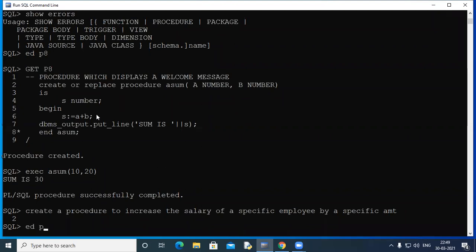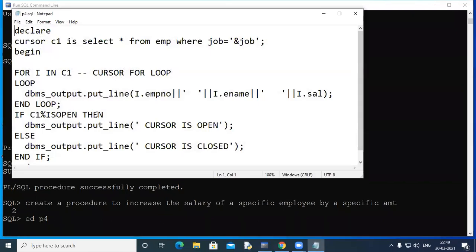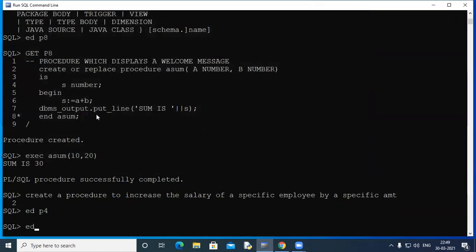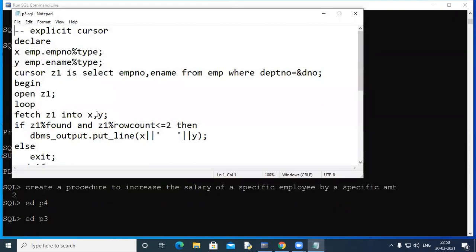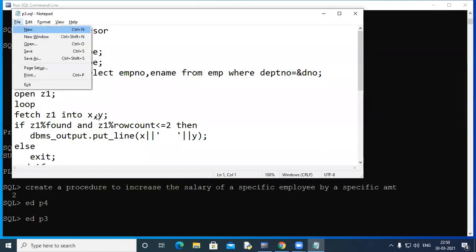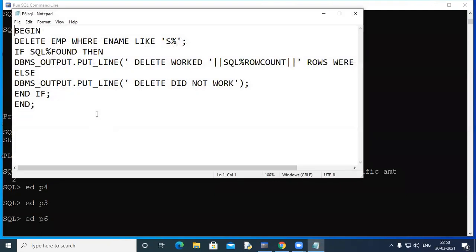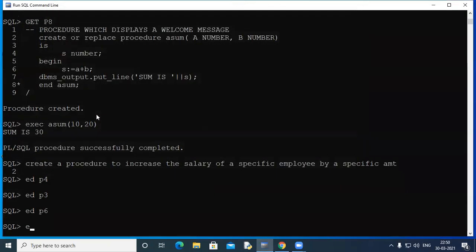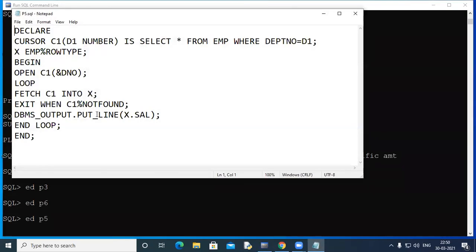P4 should be good. No. P3 maybe. Or a P6 sort of. No. P5 would be good. Okay, let's use this.